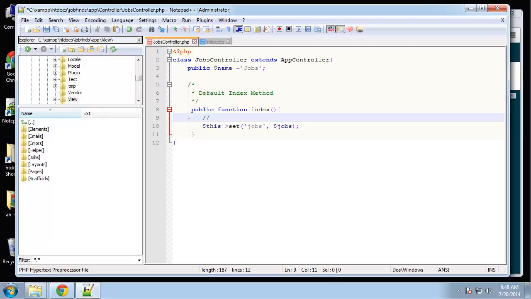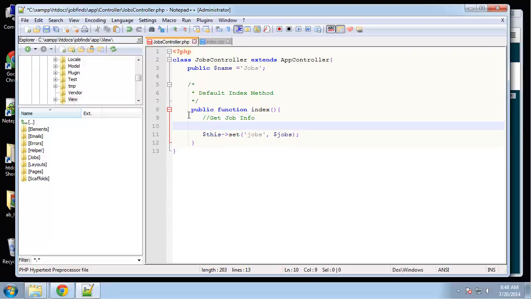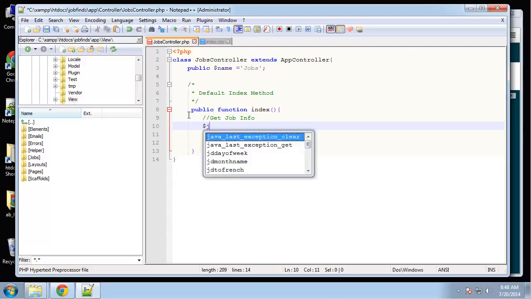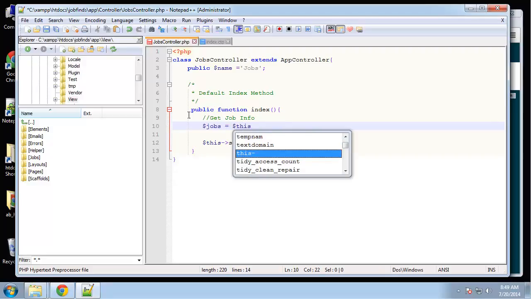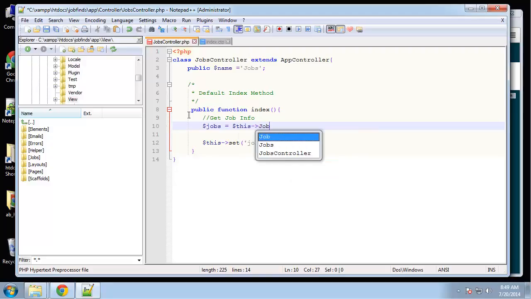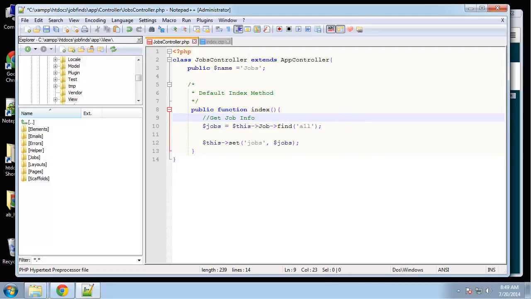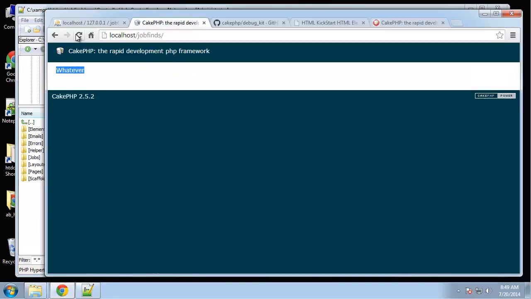Alright, so if we want to get job info, we'll say jobs is equal to this job find, and then we can pass in some parameters here. We're going to say all. So this one line here is going to get all of our jobs from the database. So if we save that,